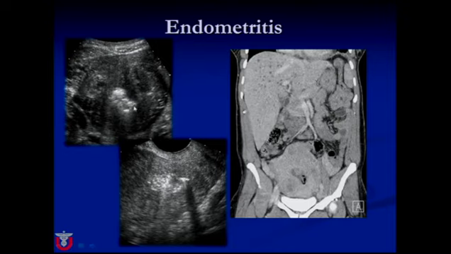These very bright echoes in the uterine cavity with dirty shadowing beyond is highly suggestive of air in the uterine cavity. And it's not abnormal to see a small amount of air, but this much is far too much. You'll also note these areas of inhomogeneous mixed high and low level echoes that seem to be circular in cross-section. And this lady, as I said, was 44, and she was known to have a fibroid uterus. So part of the clinical concern was, did she have infarcted fibroids, or could she possibly have infection within infarcted